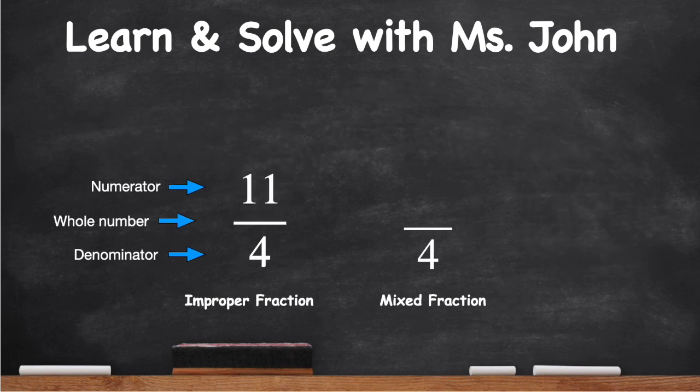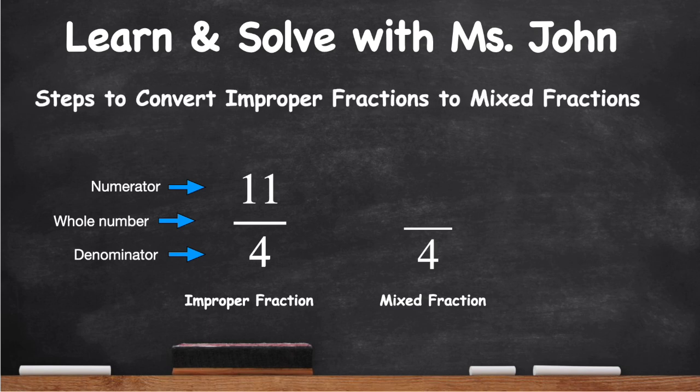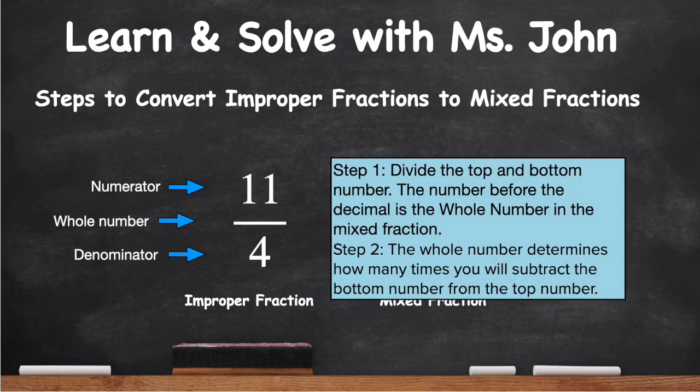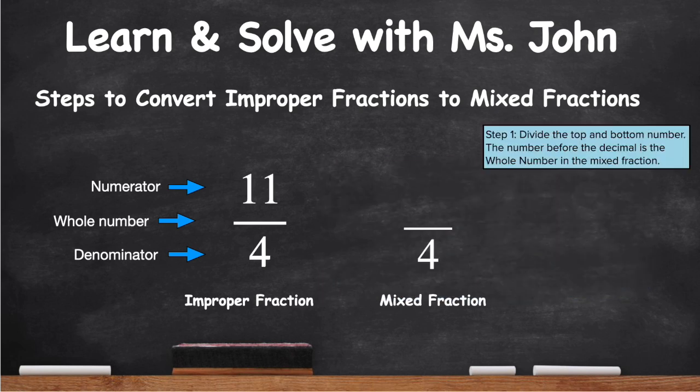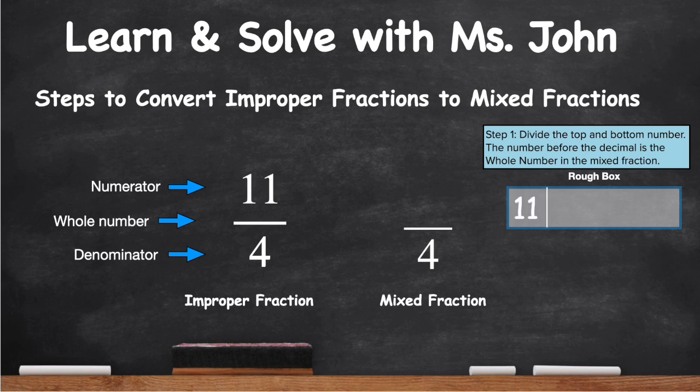Now what we're going to do is do the opposite. So now we're going to convert from an improper fraction to a mixed fraction. The steps to do that: step number 1, divide the top and the bottom number. The number before the decimal is the whole number in the mixed fraction. Step number 2, the whole number determines how many times you will subtract the bottom number from the top number. Keep in mind the denominator remains the same, which is 4. So let's do step number 1. We're going to draw a rough box, and in that rough box, we're going to write 11 divided by 4. 11 divided by 4 equals